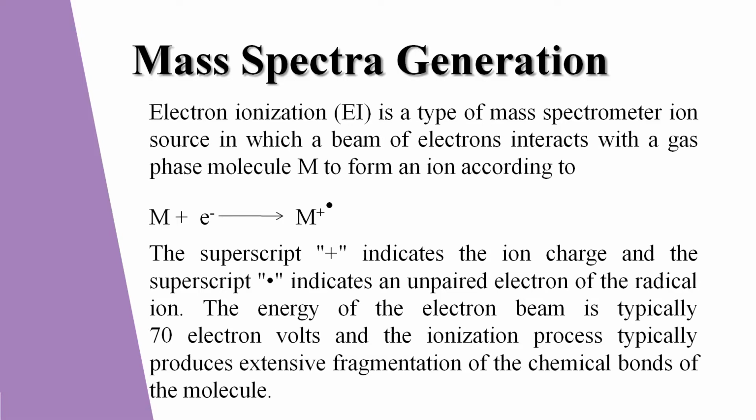Once the fragmentation is initiated, the electron is first excited from the site with the lowest ionization energy. Since the order of the electron energy is non-bonding electrons, pi bond electrons and sigma bond electrons, the order of ionization preference is non-bonding electrons, then pi bond electrons, then sigma bond electrons.